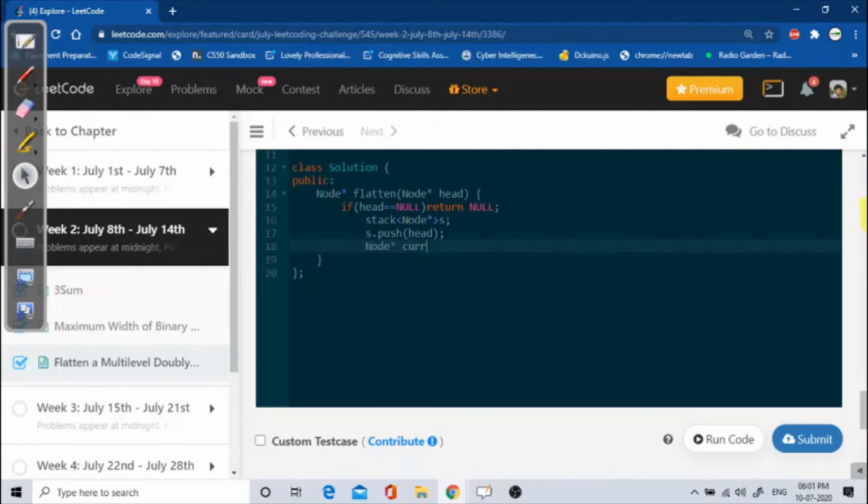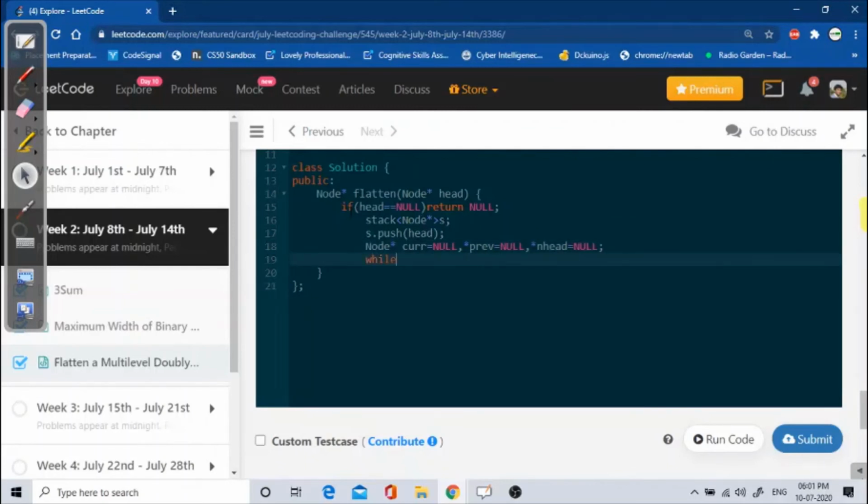One will be current, which will be pointing to null right now, and it is used for storing the current element. And we need one node type only, previous, which will be storing previous values, and one new head, so it will store our starting head node. Right now it is pointing to null.